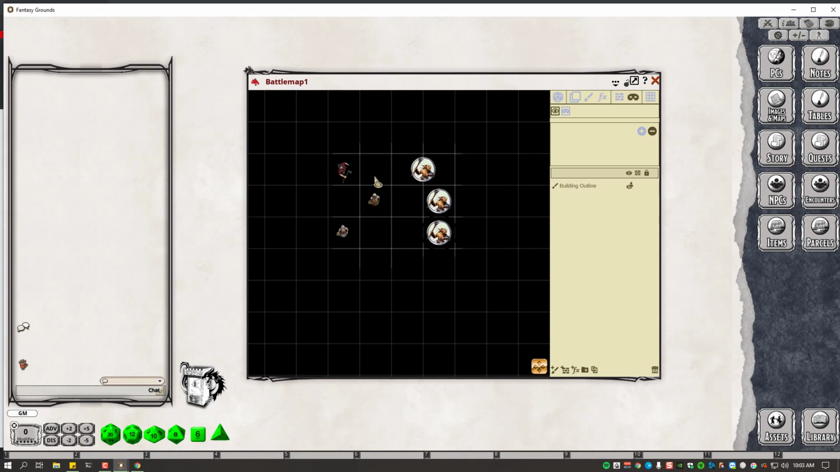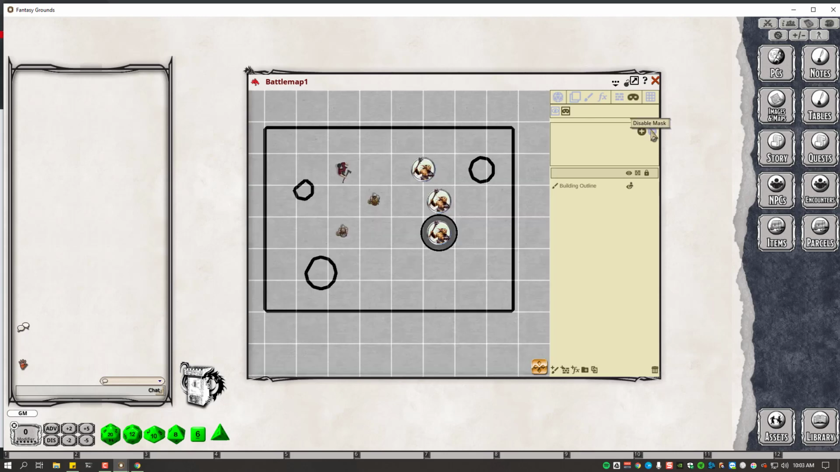And so we can reveal, this is like old school Fog of War. You can just reveal stuff, or you can hide stuff. I'll hide this guy there, or there you go. Anyway, I'm going to remove the mask, and what we're going to do is go to this